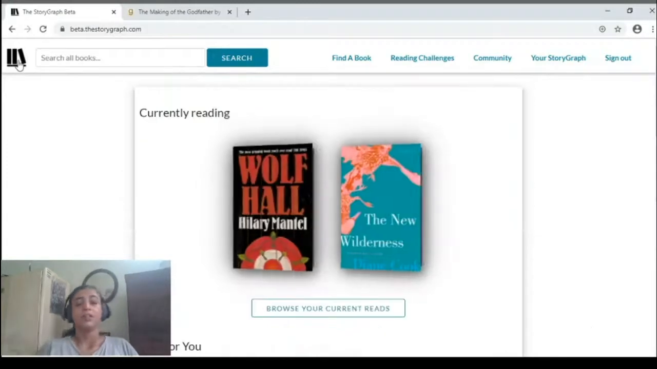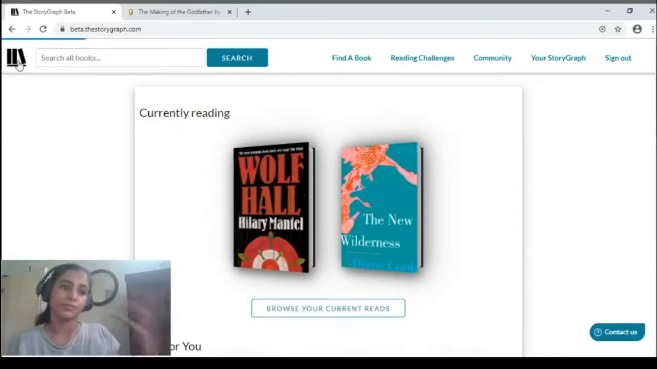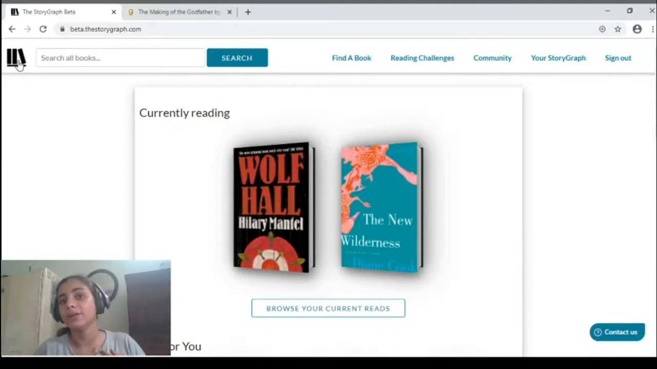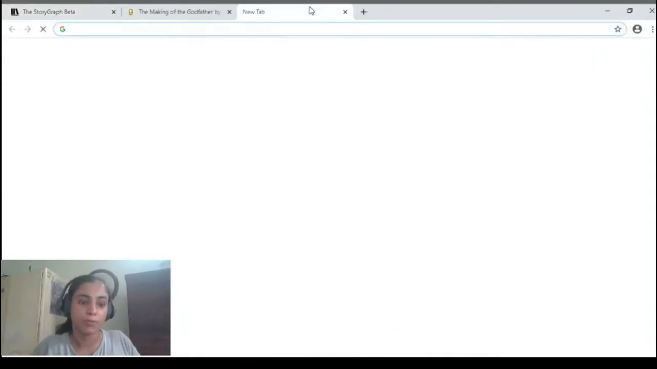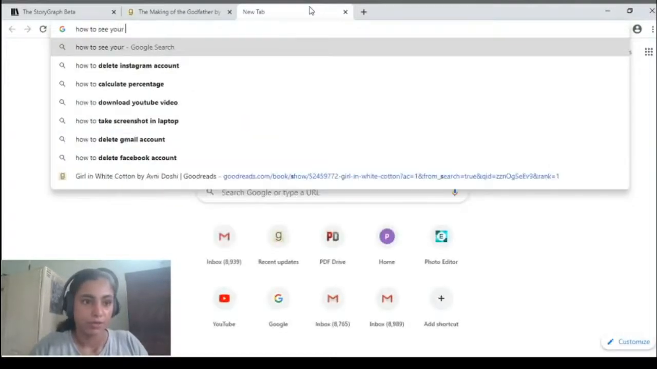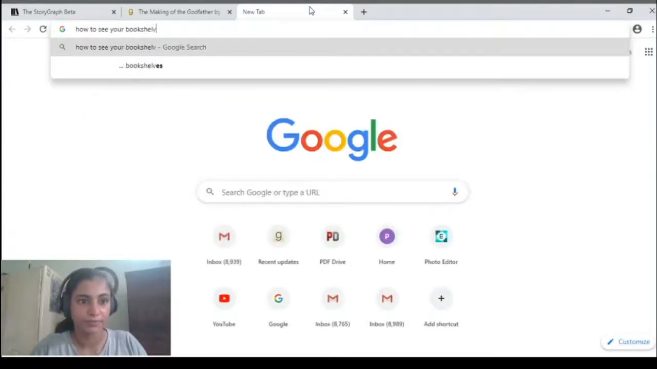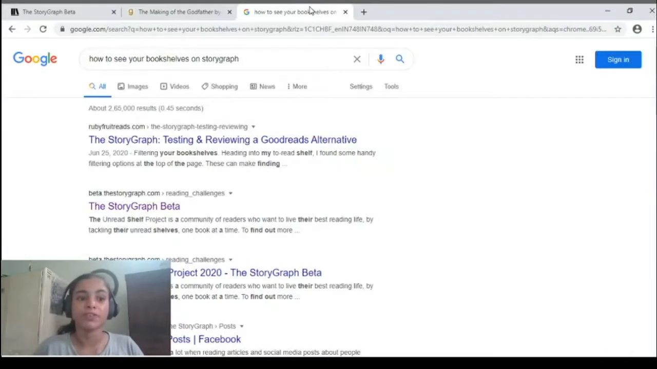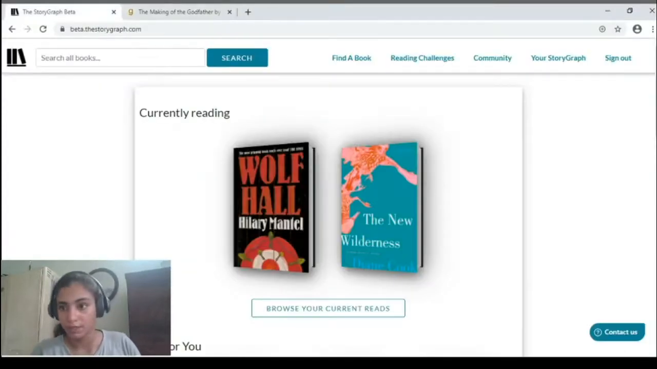Okay, fine. So here are my first impressions. First thing, I need more bookshelves. The problem right now with the whole beta site is that I cannot see my own bookshelves. I may have to Google how to see your bookshelves on Storygraph, or I'll have to email them asking for the same because my bookshelves are a bit complicated. And okay, fine, cool. There are no answers. Cool. Anyway,